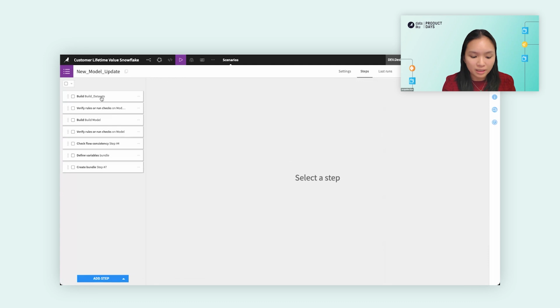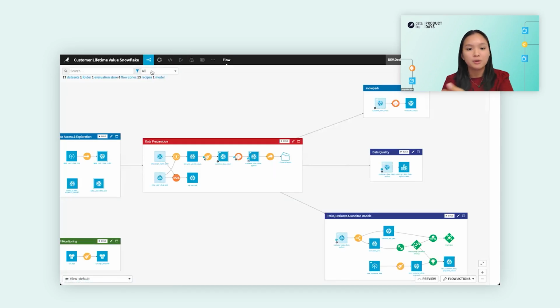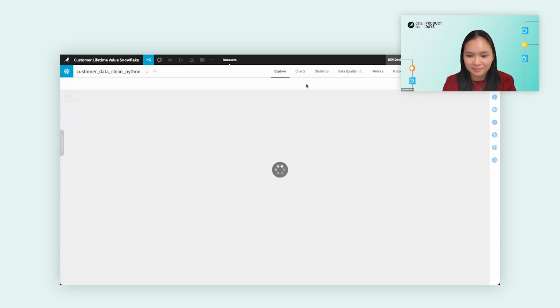One thing that you might notice is while you're adding these different steps into a scenario, you're probably going to want to be alerted if something doesn't look right. And oftentimes that has to do with data quality checks. You want to make sure that the quality of your data that's going into your dashboard or going into your model is what you are expecting. And so within these steps, you're actually able to verify these different data quality rules before moving on to the next step. And so an example of that over here that I want to show you is in this data